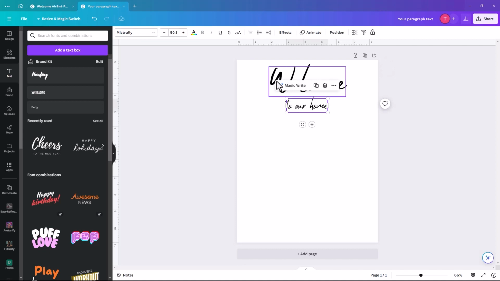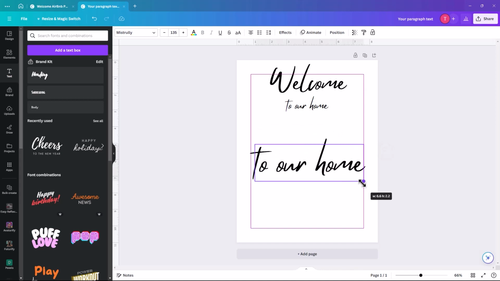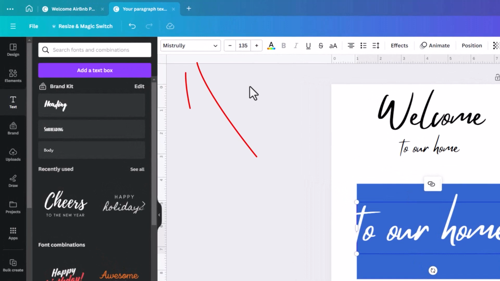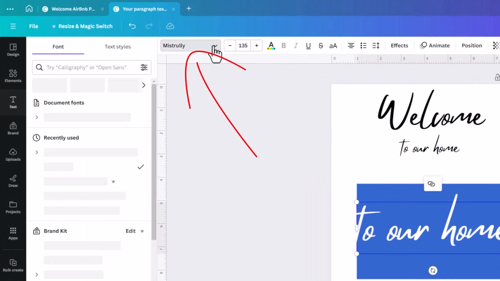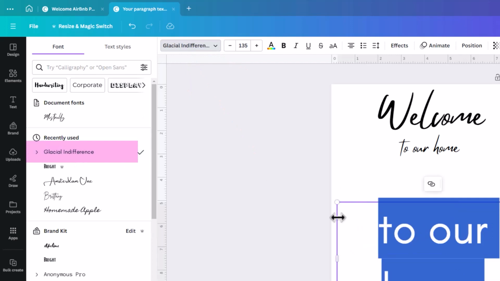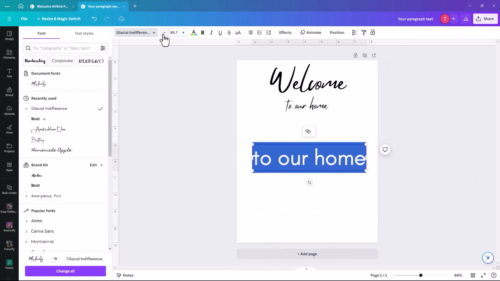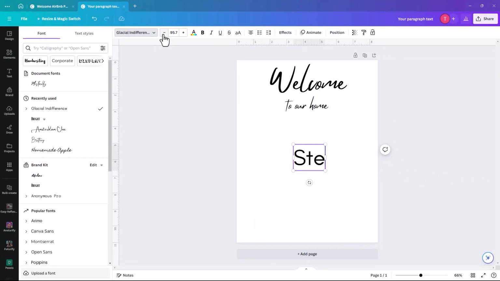Then I'm just going to duplicate that, and we're going to have a friendly message. Increase the size of it, and we're going to change the font to a sans serif. We're going to use Glacial Indifference because it is also part of free Canva. Just going to reduce the size of it, and we're going to say